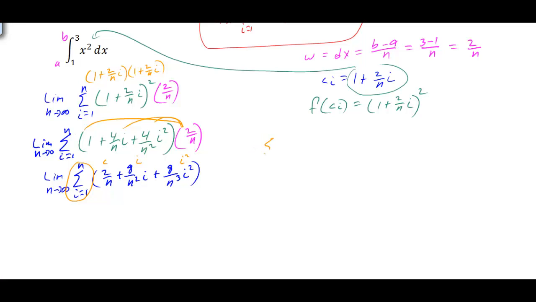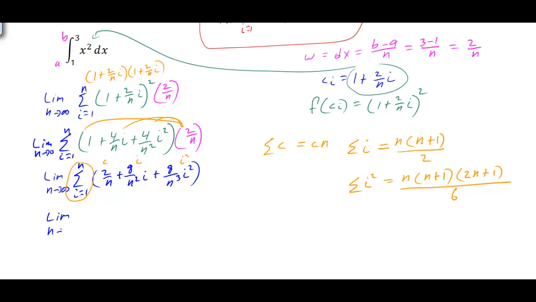So keep in mind the summation formula: the sum of a constant is simply equal to the constant times n. The sum of i is equal to n times n plus 1 over 2, and the sum of i squared is equal to n times n plus 1 times 2n plus 1, all divided by 6. So we're going to substitute all of those in, so we would end up with just the limit as n goes to infinity for 2 over n, so that's 2 over n multiplied by